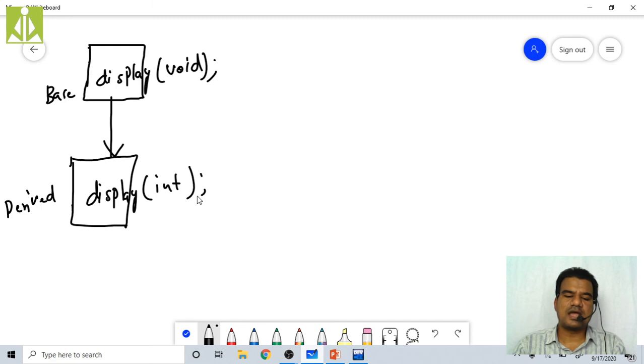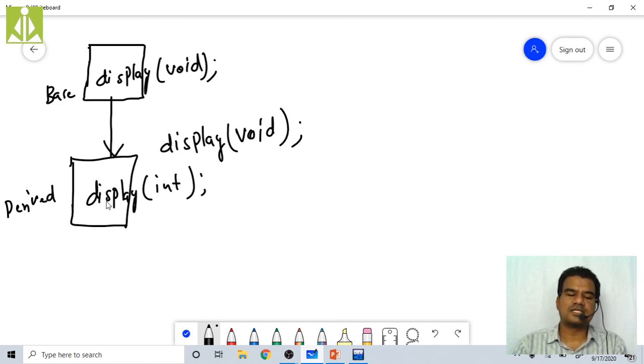So as it is deriving from here to here, it will also get one public function from this base class, that is display without any parameter. So this will get inherited from here to here. Inside the base class we have only one. Inside the derived class we have two displays but with different parameters.